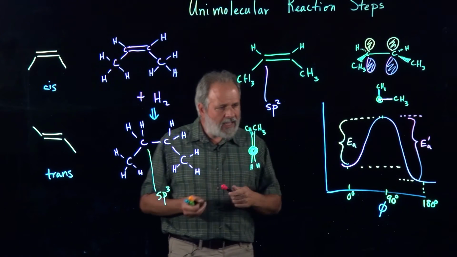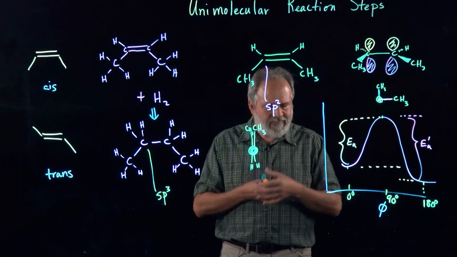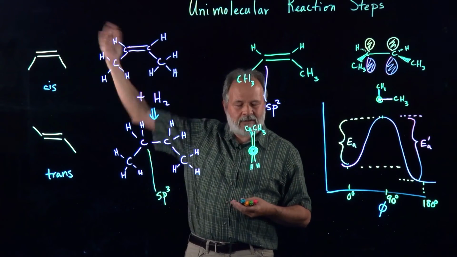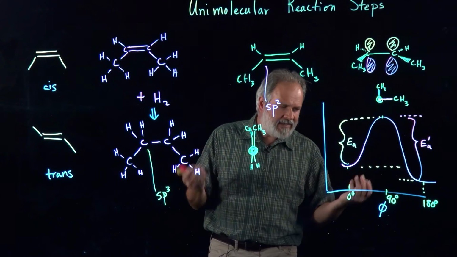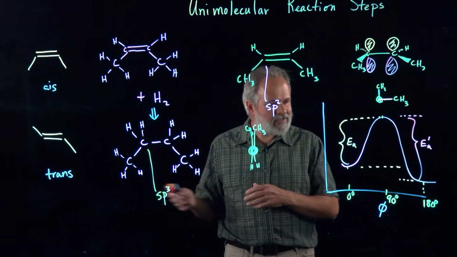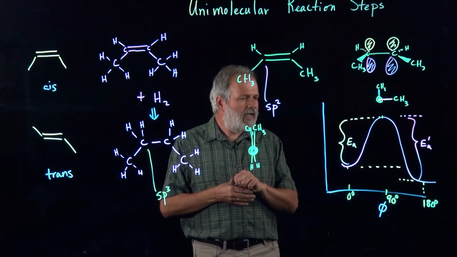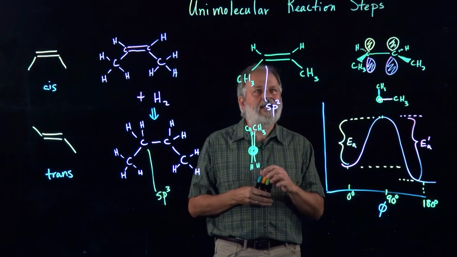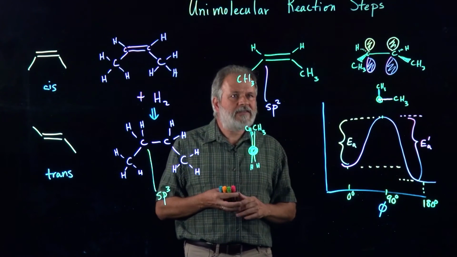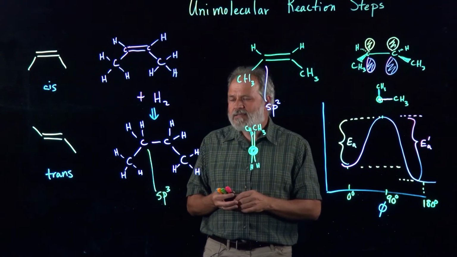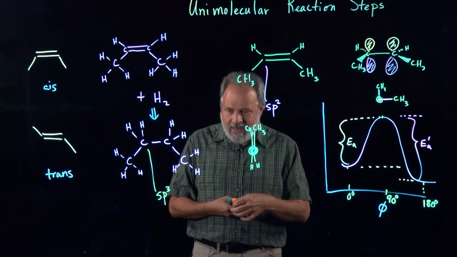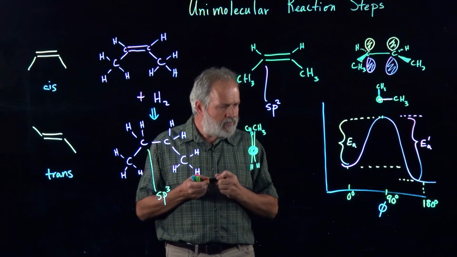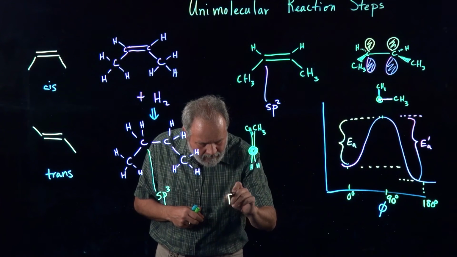So EA prime, of course, is the mountain height for coming back. Of course, if you could go over to Homewood, the height of the red mountain between us is different depending on which valley you're coming out of. All right, so that's an example of a unimolecular reaction step. The important thing to realize is that the rate of reaction is, since it's a single step, the forward rate